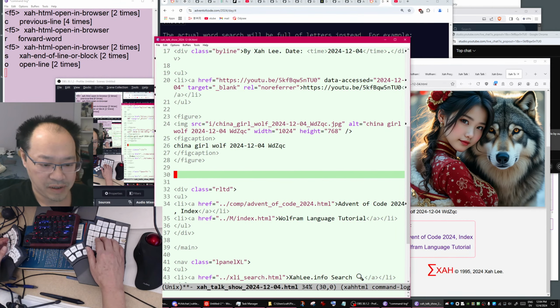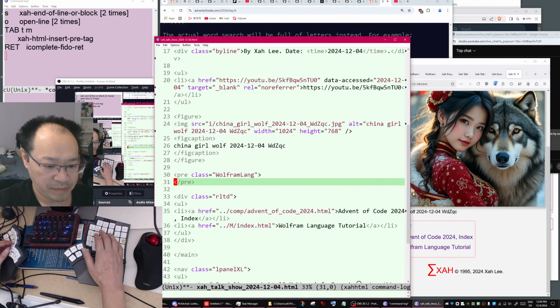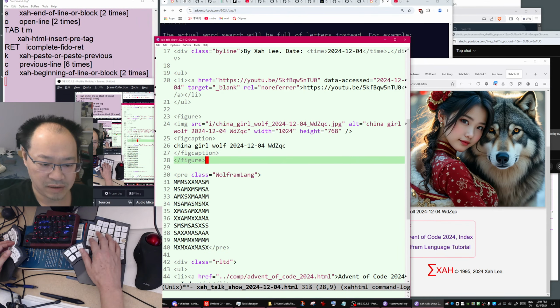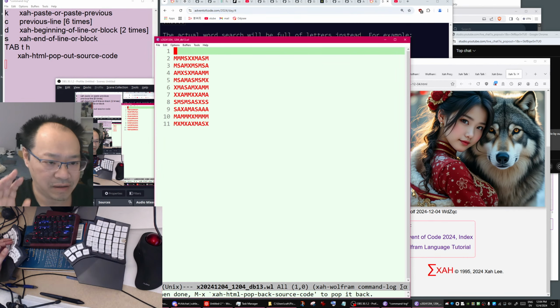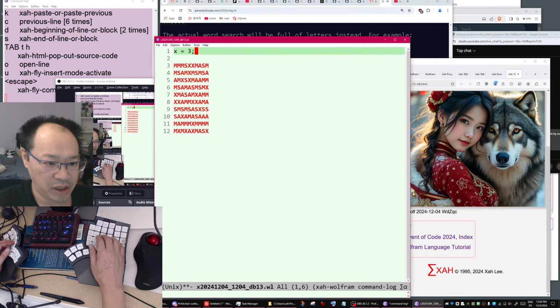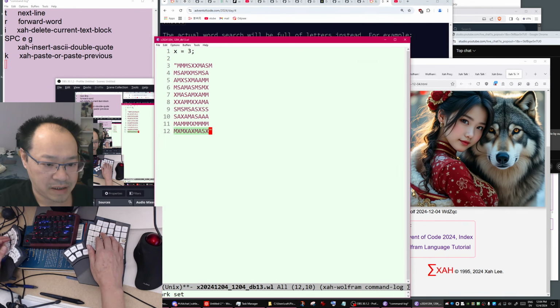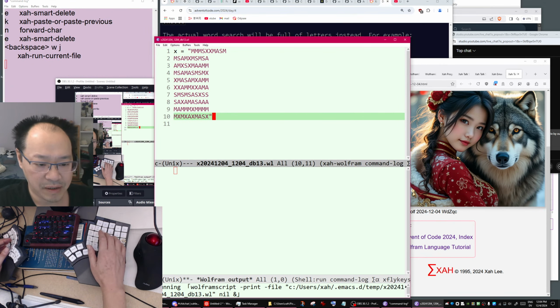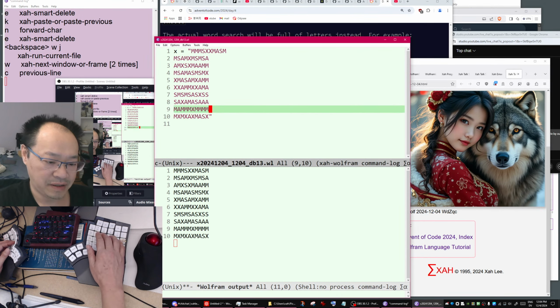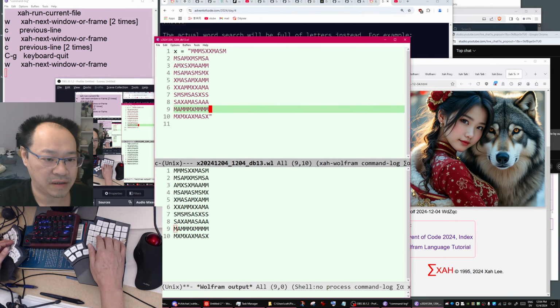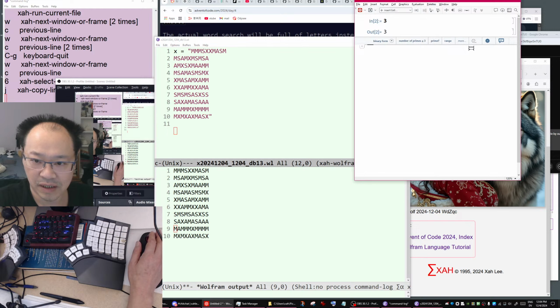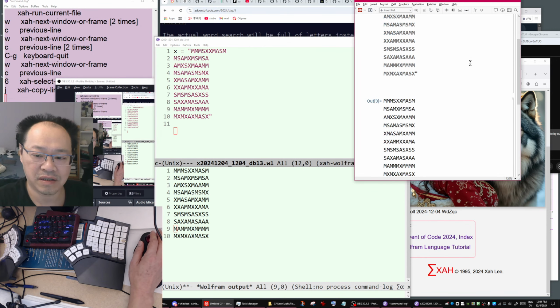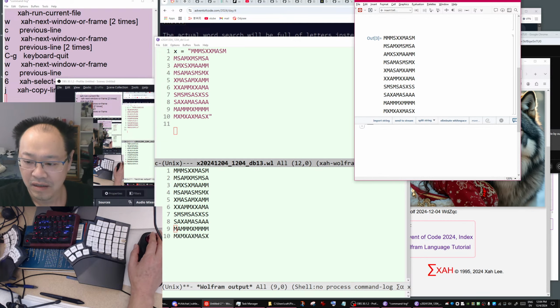Okay, so let's begin. This is Wolfram language in XAH Wolfram mode. You can find it on GitHub. It's free. It allows you to code Wolfram language in Emacs so that you can have efficient, for example, I run it. First time takes a while, so you see this is the output. This is just a string, okay? And we can do it in Wolfram language notebook. I already started. There it is.